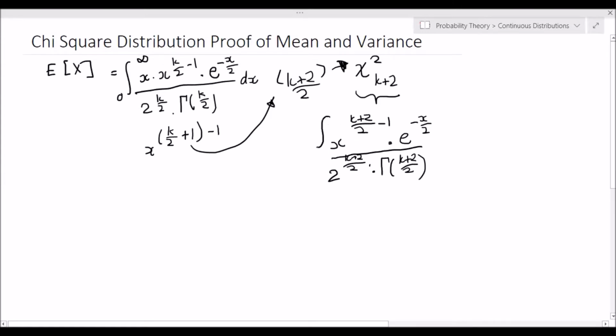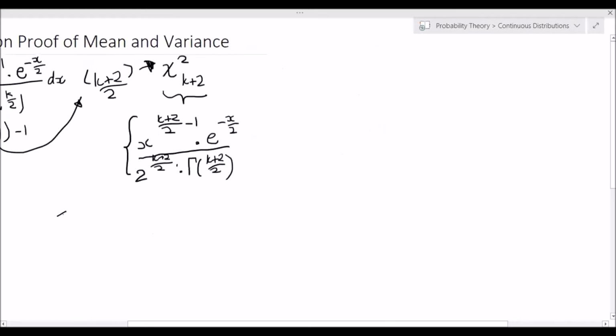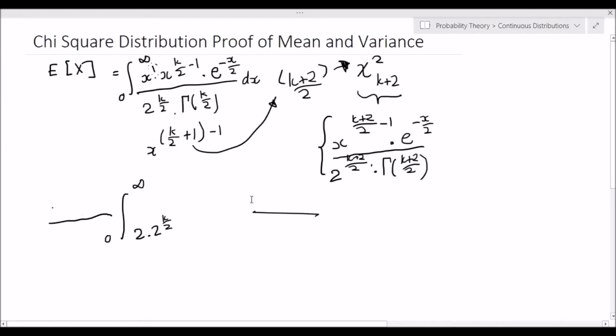So this is what we want to go transform this integral into. We want to make it look like something like this, multiplied by some constant, because we will need to make some adjustments. So the first adjustment that we'll make is, let's transform our 2 to the k over 2 to 2 to the k over 2 plus 1. We want to add 1 because of this exponent over here. So that necessitates us to go multiply a 2 in front over here. That means we're going to have to also multiply at the numerator part of the constant outside by a 2,